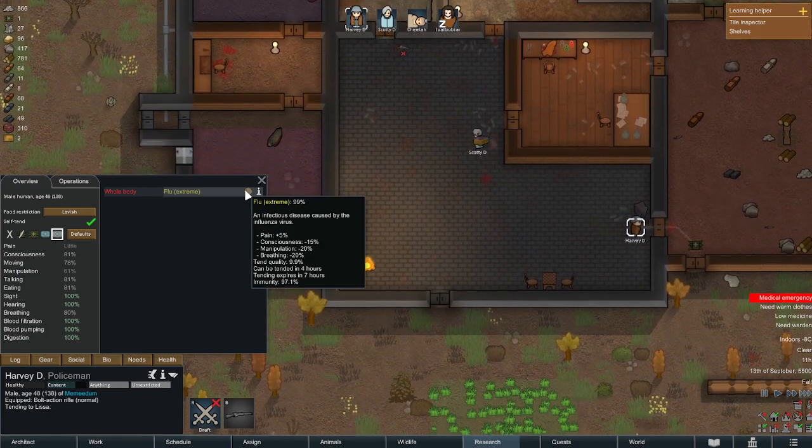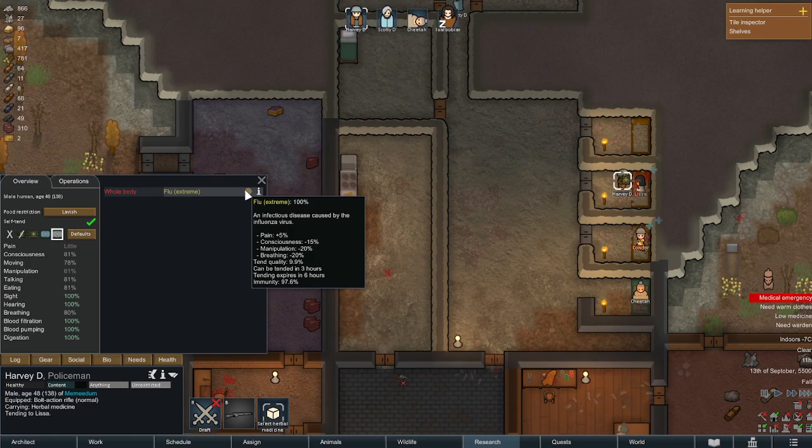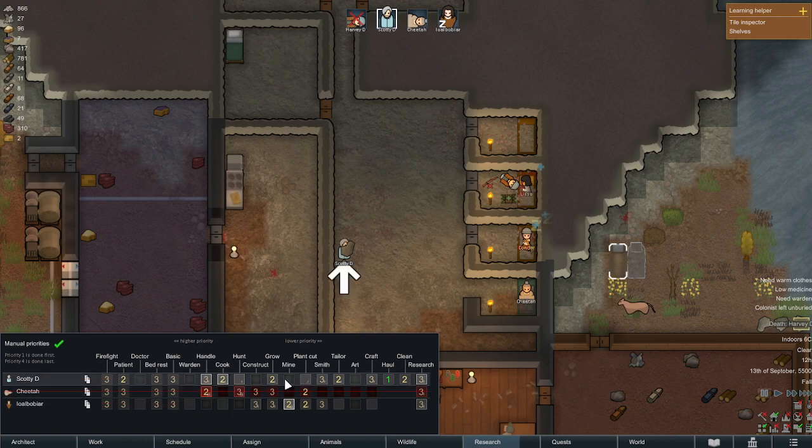Harvey, you are an idiot. Harvey, why? Why did you do this to yourself, Harvey? Ugh, for goodness sake. Genuinely, these guys do not know how to deal with themselves. I'm going to lose all of my original guys, and that's my main guy for, like, a lot of things. He was my doctor, he was my...